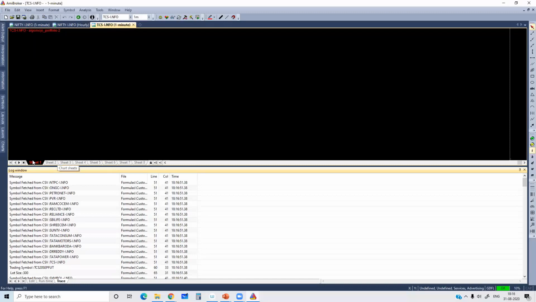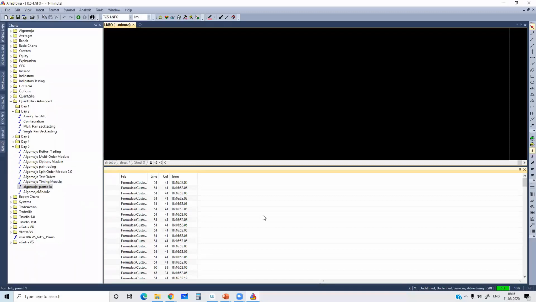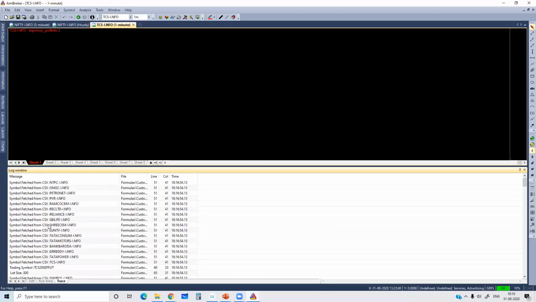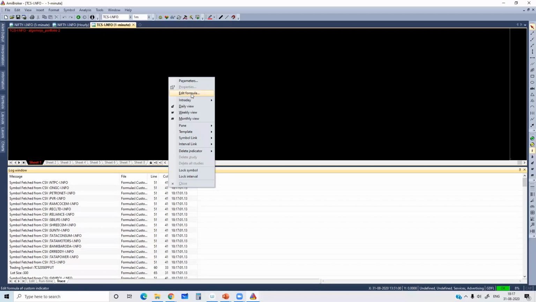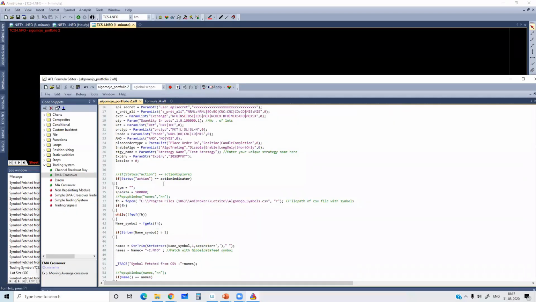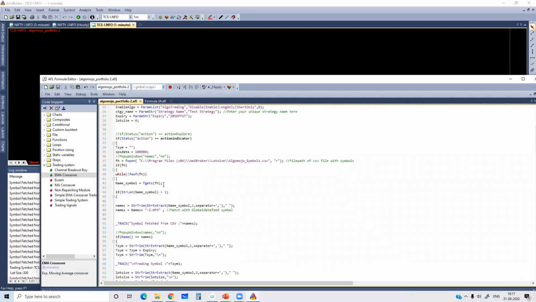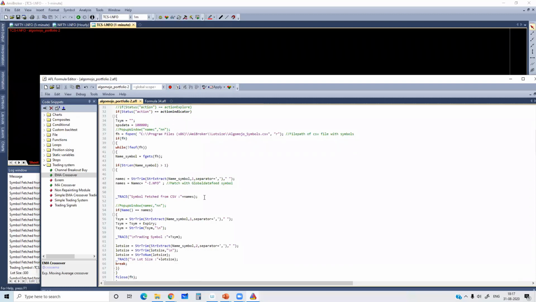Oops, I think I haven't done the right lot size over here. I mean, a lot of symbols are getting fetched in this section. Probably I have to put the trace at the appropriate location. So here the trace, I'm just putting in a wrong place. I have to put it only when the symbol is getting matched.